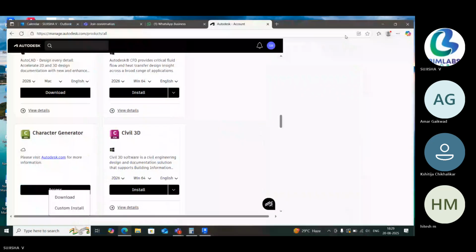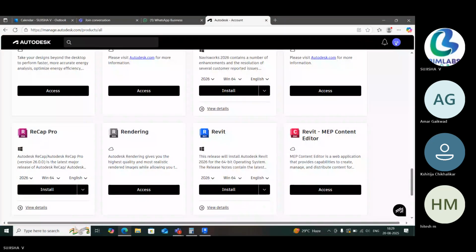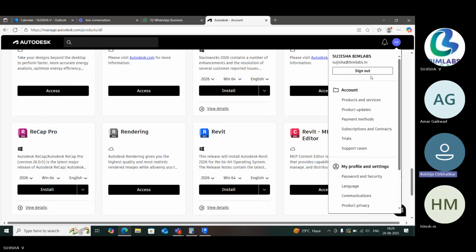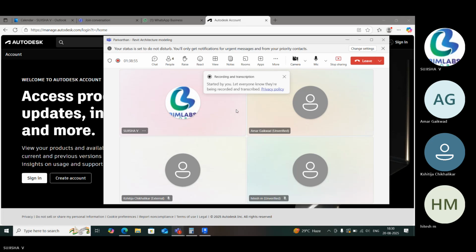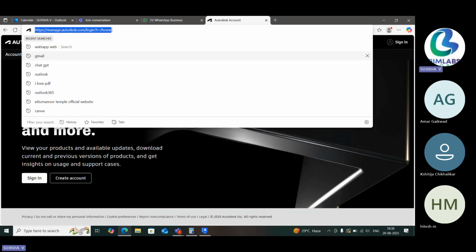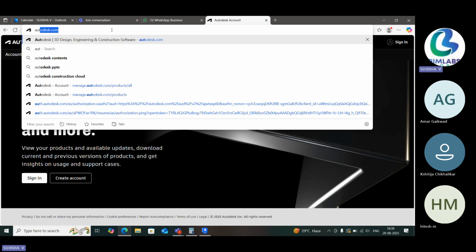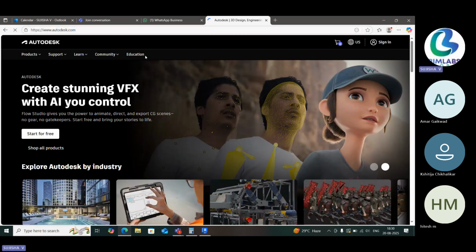Okay, I'll just show you the installation portion again. So you need to just go to autodesk.com. If you go to that autodesk.com,